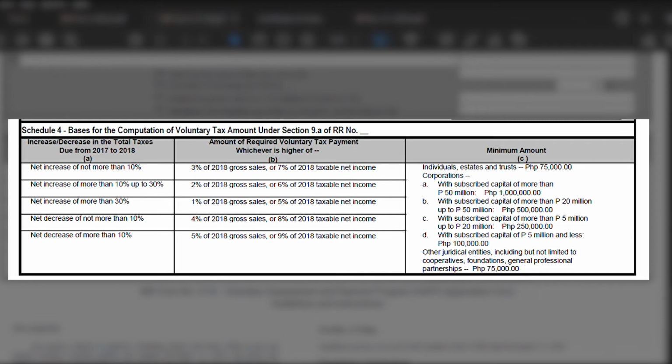In cases where any non-ONET tax deficiency covering the taxable period under Section 3 of the Revenue Regulation has already been paid, the basic deficiency tax paid shall be added to the tax due of the applicable tax return for 2018 in computing the amount of voluntary payment, provided that such payment did not arise from cases excluded from the coverage of VAPP. For taxpayers with tax credits or tax refund, the availment shall constitute a waiver of such claims, unless the taxpayer would exclude a specific tax and use such tax credit and tax refund.